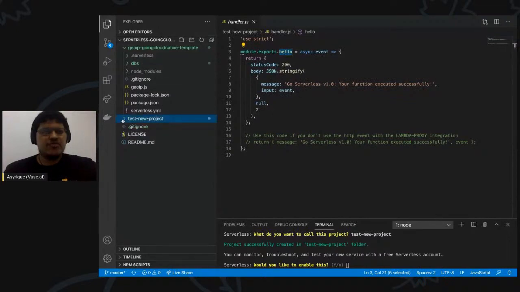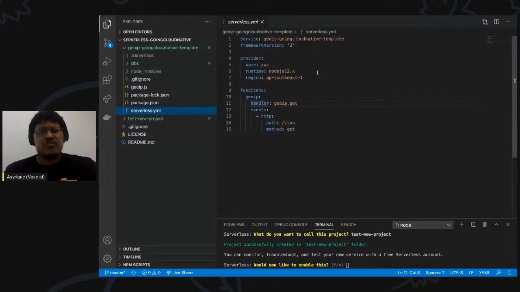So if we go into my project here, it's a common use case, which is I want to know where a requester or a person who's visiting the site, or maybe who is accessing my app, is coming from. What country are they coming from, right? So I use a geo IP location, IP geolocation. So I have a function, geoIP, and that handler connects to this handler under geoip.js here, and inside there,